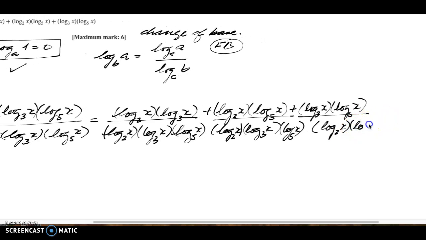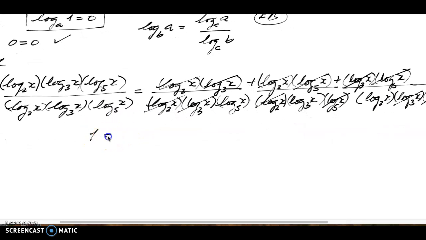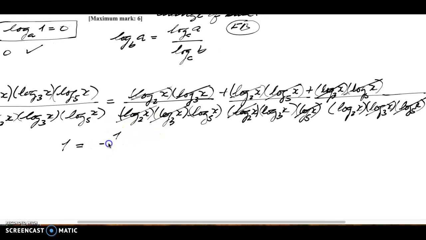For those of you that already see the point where I'm going with this, you can skip this part, but you do need to say that you just divide by it. So this would cancel with this, this one cancels with this one, and this one and this one cancel, and then there you have it. So what you're left with is 1 is equal to 1 over log 5x